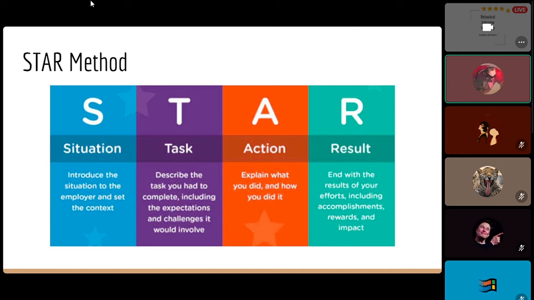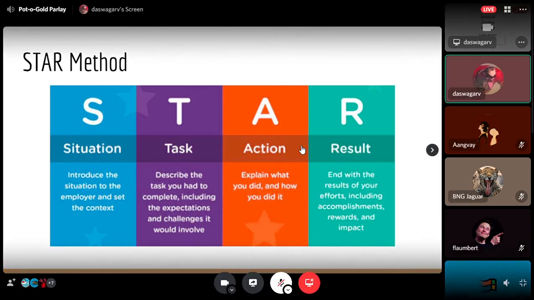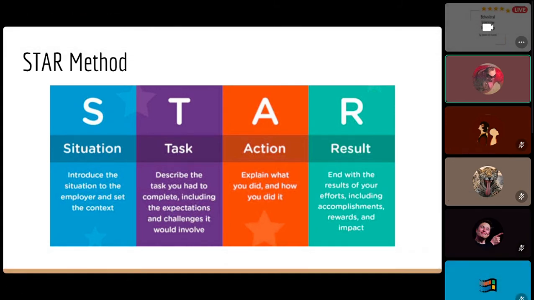Here you describe what's going on, the challenges you're facing, and what basically is going to happen for the next part, which is the action, the A. And it's sort of like it all flows together, and the A is what you did, how you did it, how you overcame it. So you want to really talk about what went through it,